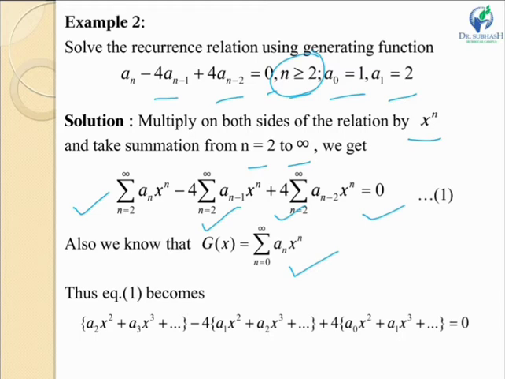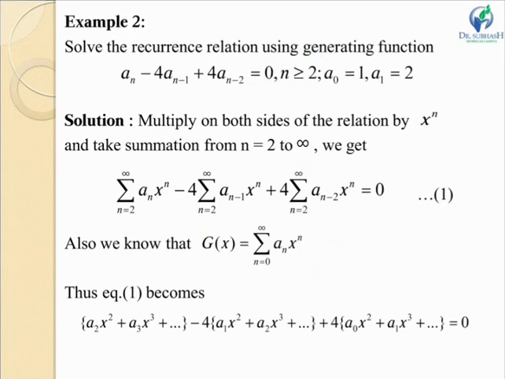Now we replace this over here. First I am opening the bracket here, I am opening the series over here, I am putting the values from n equal to 0 to infinity. So if I put n equal to 2, I get a2x square, a3x cube, and so on. Again in the next term I will put n equal to 2. On putting n equal to 2, 3, 4, I get a1x square plus a2x cube plus so on. Same way in the last term, when I start putting the values of n, I get a0x square plus a1x cube plus dot dot dot.